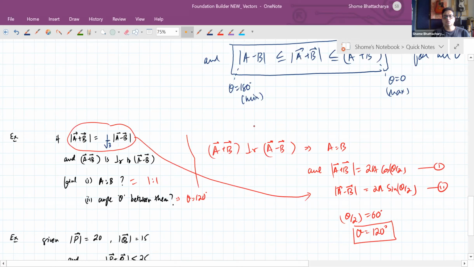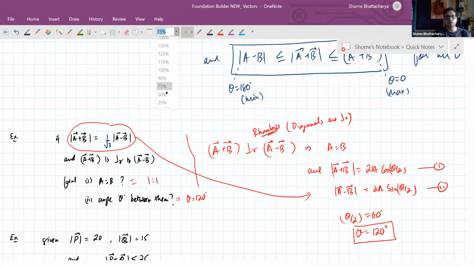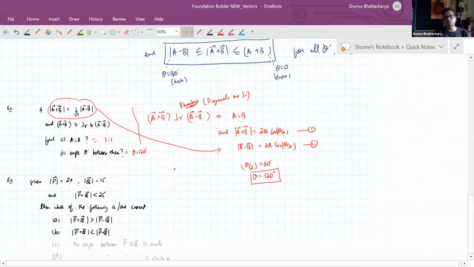Okay, so this is just visualizing this as a rhombus. Diagonals are perpendicular. Okay, now before we come to the second question, I'll also show you that there's an alternate way of doing the first question. So alternately we can also do it by